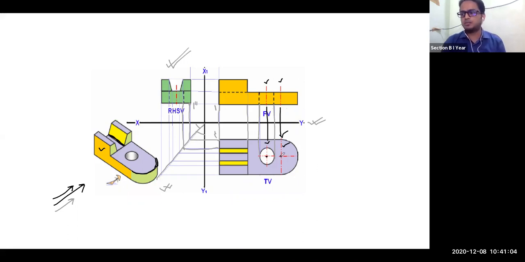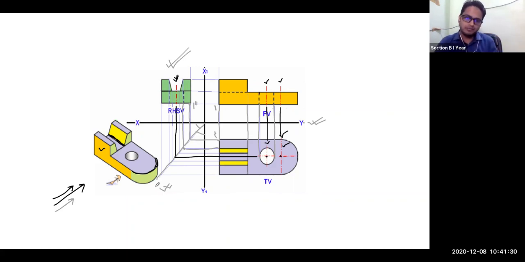Now if I want to project this center line, what do I have to do? I have to go in this direction, up to that 45 degree line. And then again from here I have to go upward, up to your projection line. So here you can see there are those two lines, but they are overlapping each other.